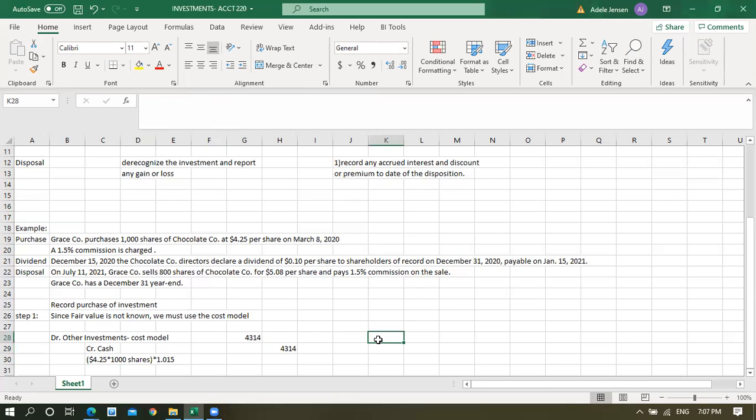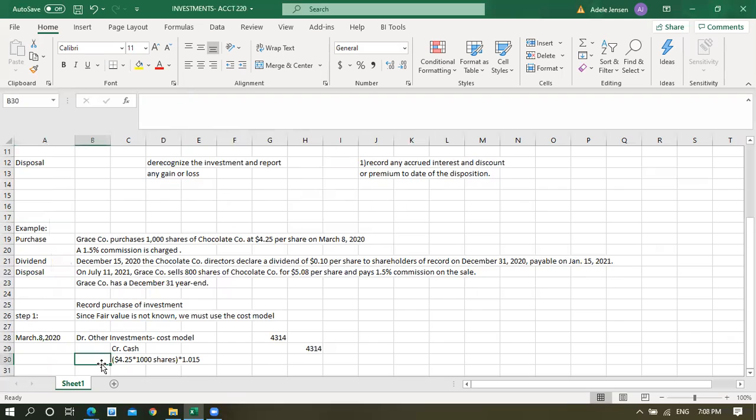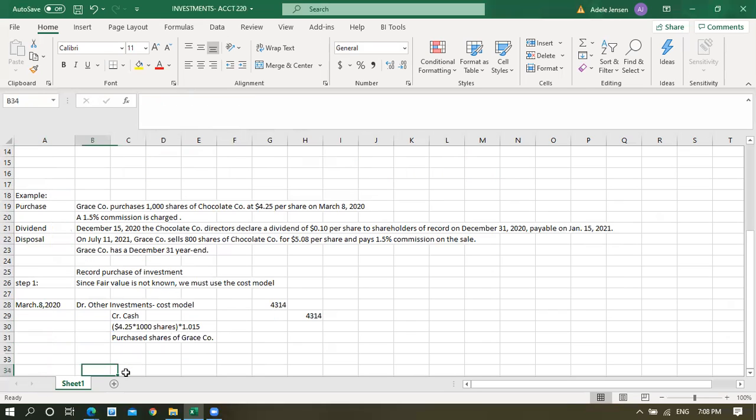Perfect. Okay, so that is the purchase. So, and I guess we should put our date of March 8th here. So that's to record the purchase of those shares. And if you wanted, you could write in your little description, purchased. Okay, the next step here